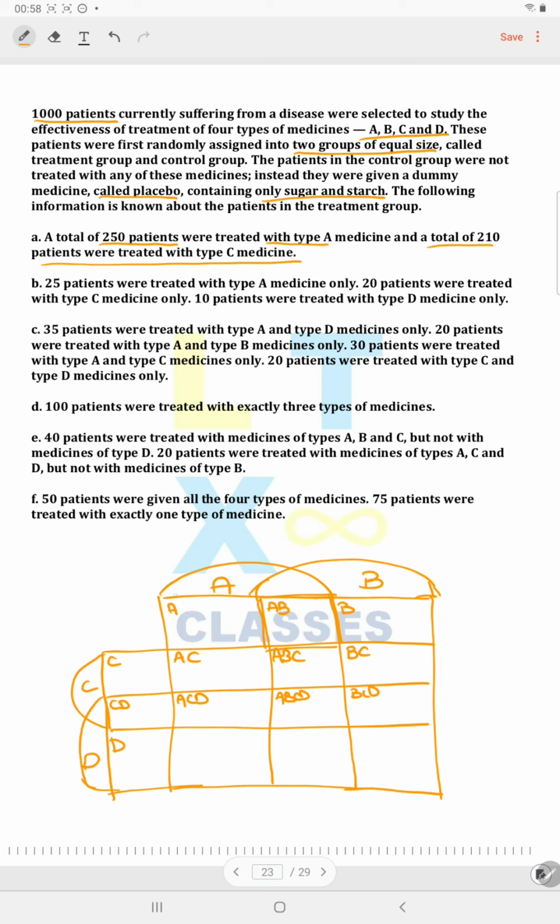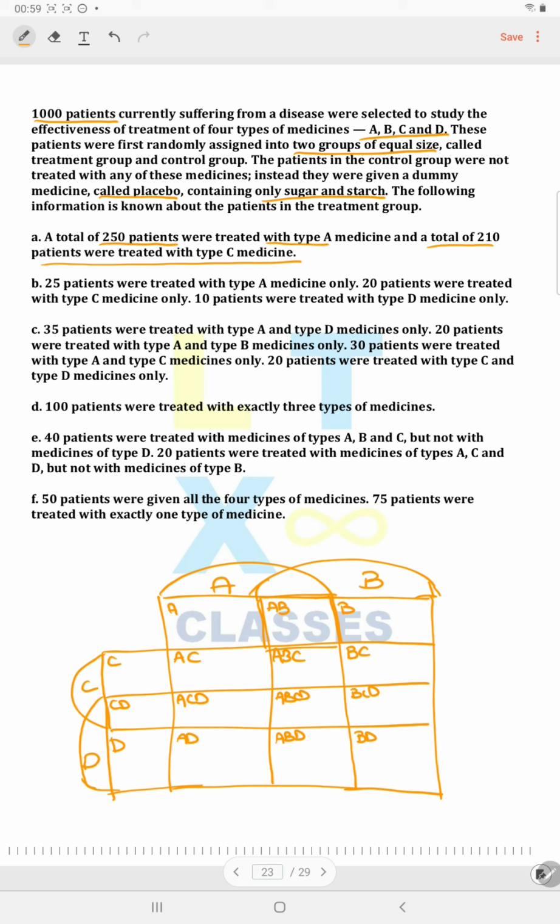An easier way to see it: from the top, this set is A, here it's D, it overlaps as AD. Similarly, here this one is D and this one is AB, this one is ABD, similarly B and D, this is BD. Now in this Venn diagram, any combination of medicines given to any patients is effectively captured across different cells. Now let us put all the information into this Venn diagram.